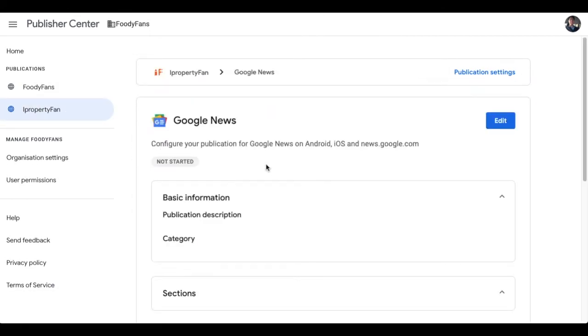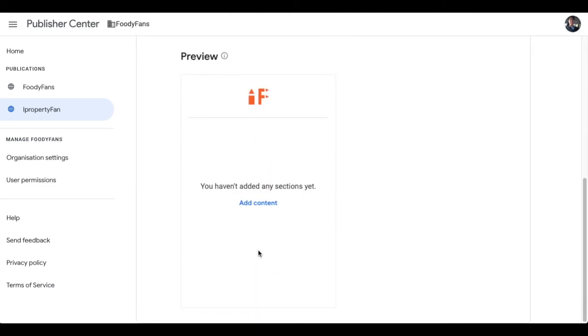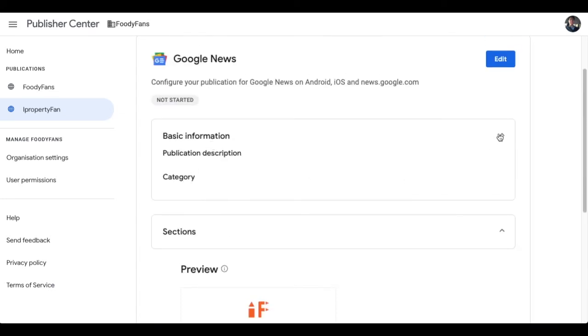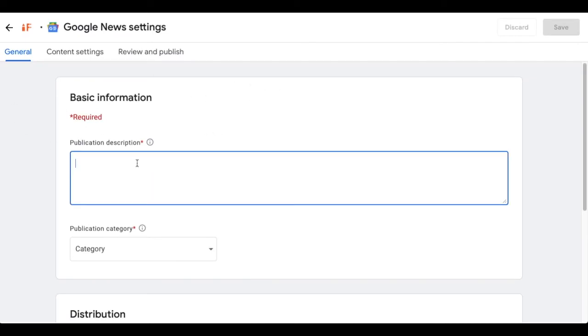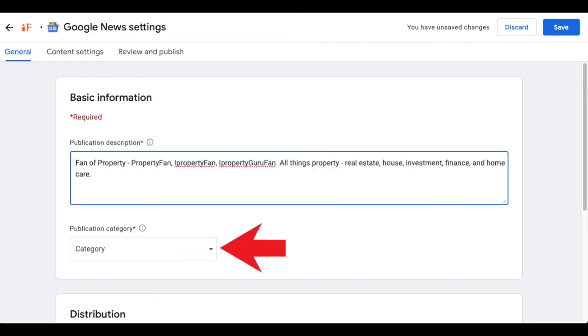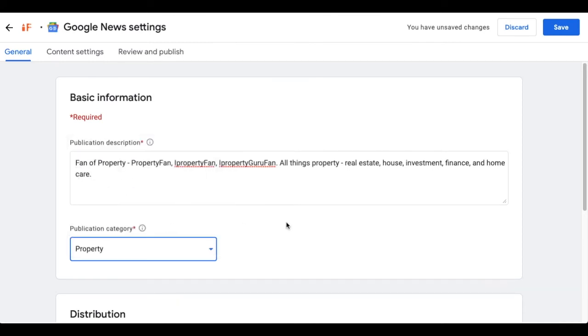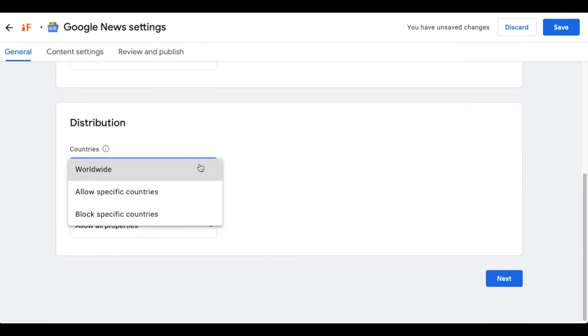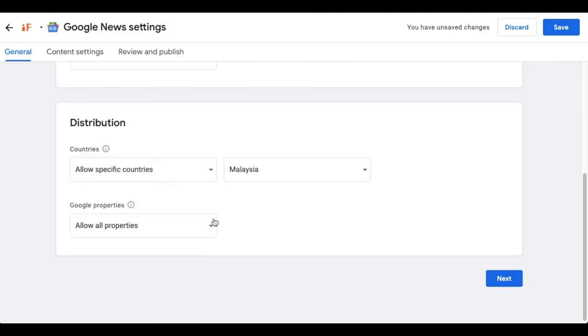Okay, so for the Google News here, we can change the category and the sections, and here's a preview of how our site will look in Google News and Google Discover. So the category, we're going to change it by going to edit. Google will need some basic information about our site. So okay, what's the description of the publication? I'm going to put the description here, and then you can put the publication category. For this site it's under property, and then what's the distribution? It's mostly here in Malaysia, so we search for Malaysia, and then allow all properties, and then click next,